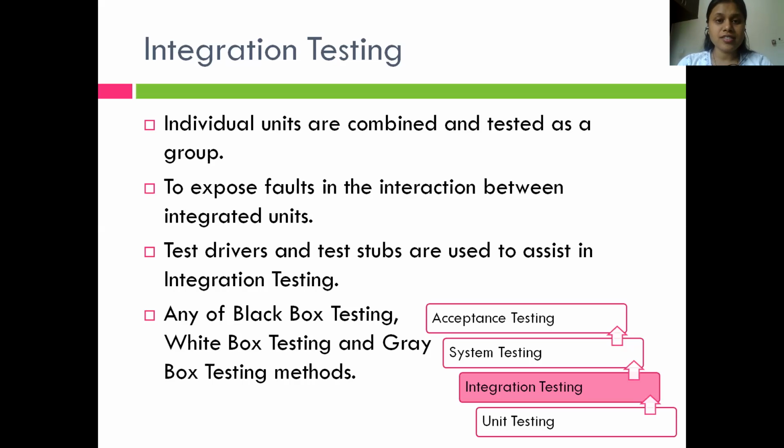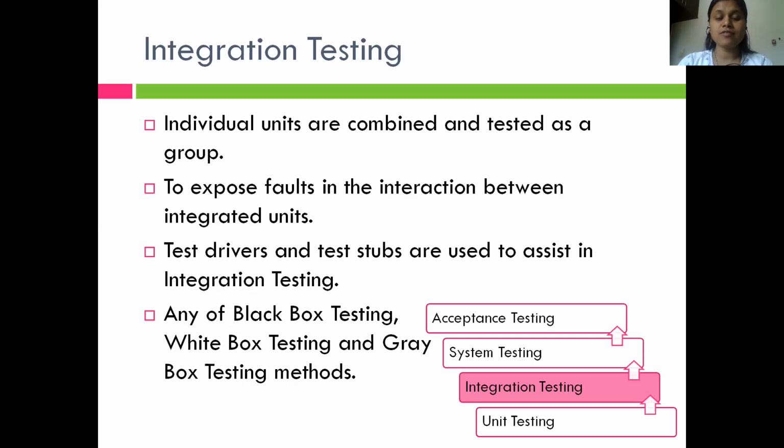Everyone knows what a ball pen is, as everyone uses one. In unit testing, all the units are produced separately in a factory. For example, the cover of the pen, the front end of the pen, the tail of the pen, and the cap of the pen, which in Marathi we call topan. All these things are developed separately and tested for their behavior. This is unit testing. The cover of the pen is checked for whether it is in perfect dimension or not, its color, and all the things are tested separately.